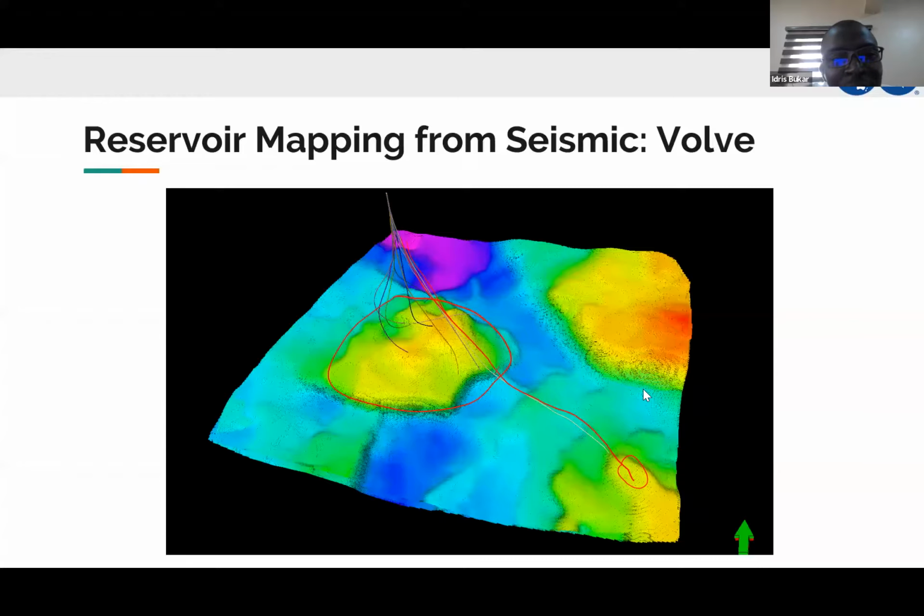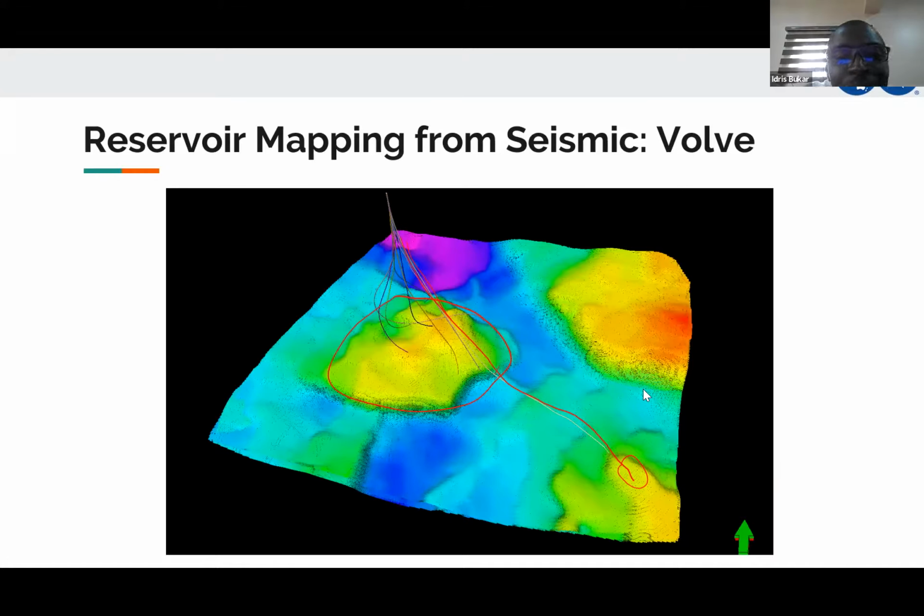Maybe you took it in, let's say 2000, and then maybe after a few years, in 2005, you take another 3D survey, right? And then maybe in 2010 you take another 3D survey. Those are called the monitor surveys, right? So you're sort of monitoring what is happening from the baseline. And then that is now what makes the fourth dimension, the time that you're going on.